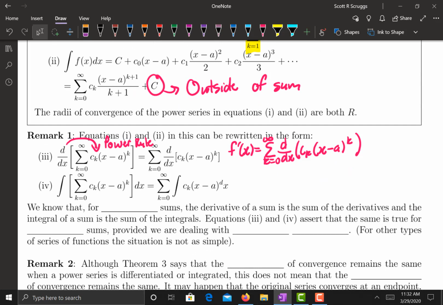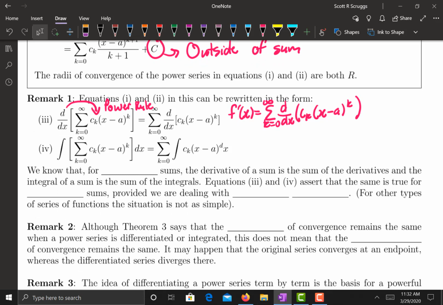So there are a few remarks that I do want to make. Here's the remark that I have. So I know this property works for finite sums. And so what equations 3 and 4 are saying is I can move an integral and a derivative inside an infinite sum, provided I am working with power series. The reason why I have to add the caveat that I'm working with power series